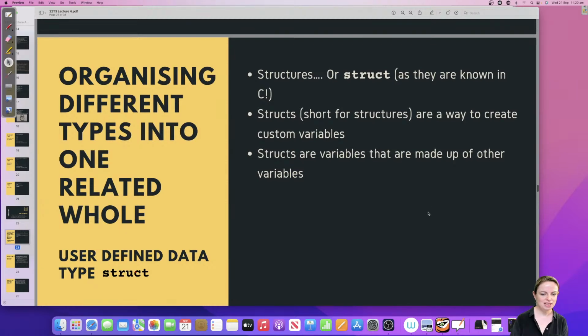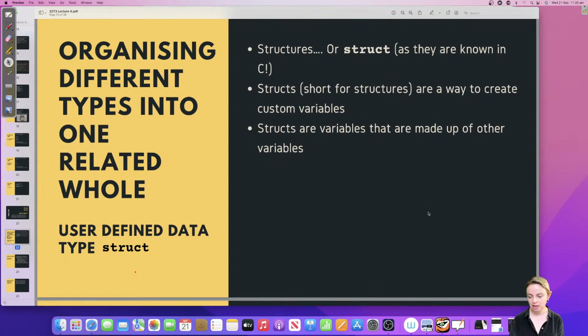Okay, so we have these things called structs. What structs are, they're literally a box. It's a custom variable type. Right now you've got an int, a char, a double, but inside a struct you can keep different types together that are related to each other.